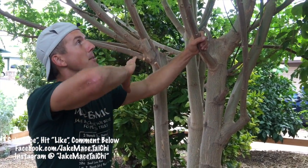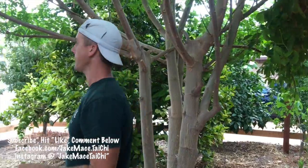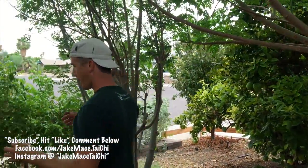The leaves are 100% edible. You eat them like you would eat kale. They're very nutrient dense, lots of vitamins and minerals, more than meat, calcium more than milk, more than bananas, more than oranges. This is a multivitamin tree, and now it's got a little bit of a canopy going on here,